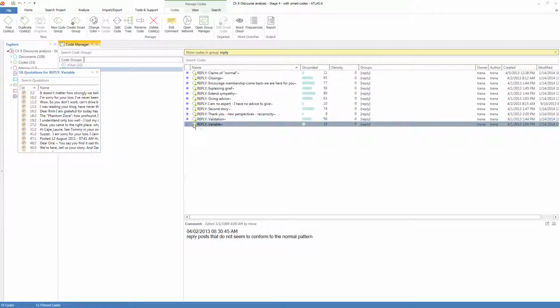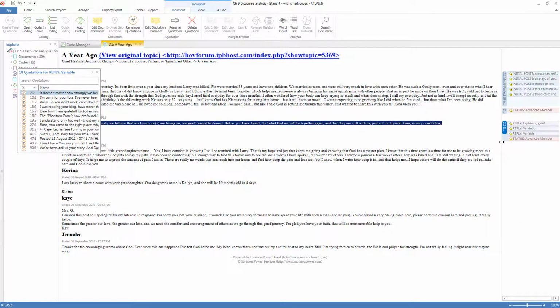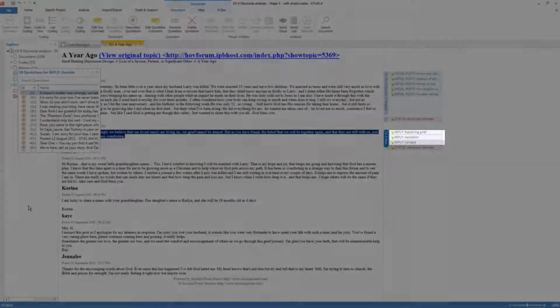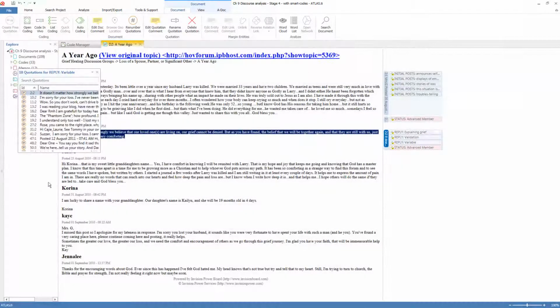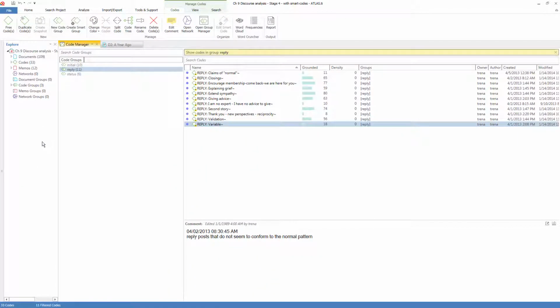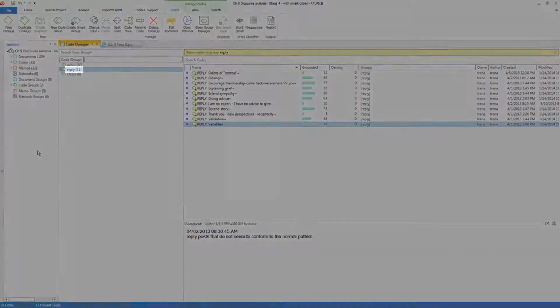As we can see from the first one, the quotation is coded to two discursive features as well as the variability code, and also a status code which we're not concerned about right now. We're now going to make a pair of smart codes for each discursive feature code. Coming back to the Code Manager, for each of the 10 discursive feature codes, in other words, the 11 codes